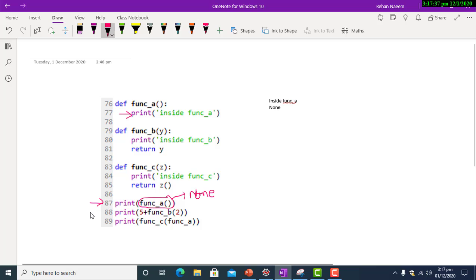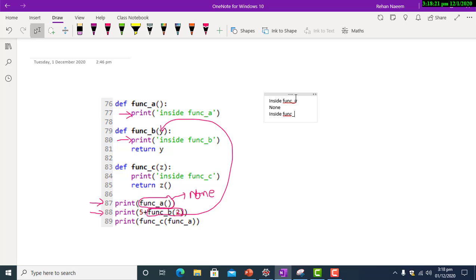Now the next instruction that will be executed is print 5 plus function b parameter 2. Function b will be executed first. This parameter 2 will be transferred to variable y, and then this instruction will be executed, print inside function b. So the next output would be inside function b,